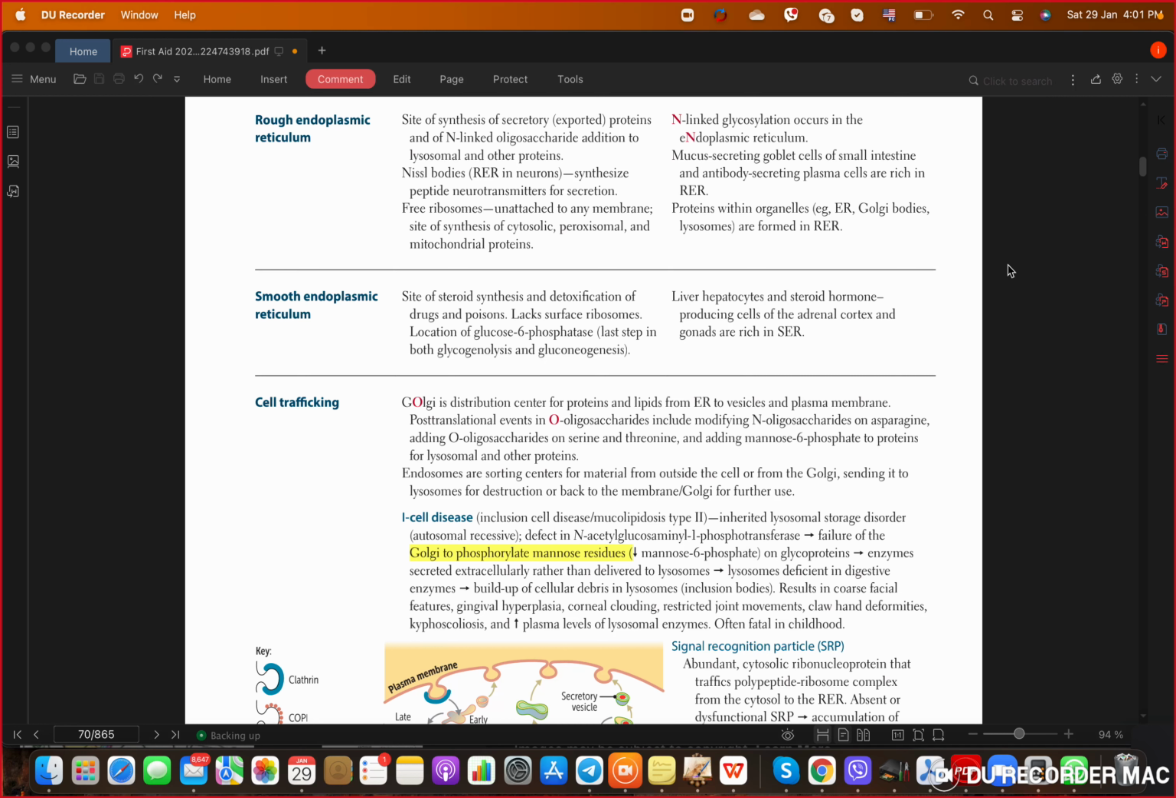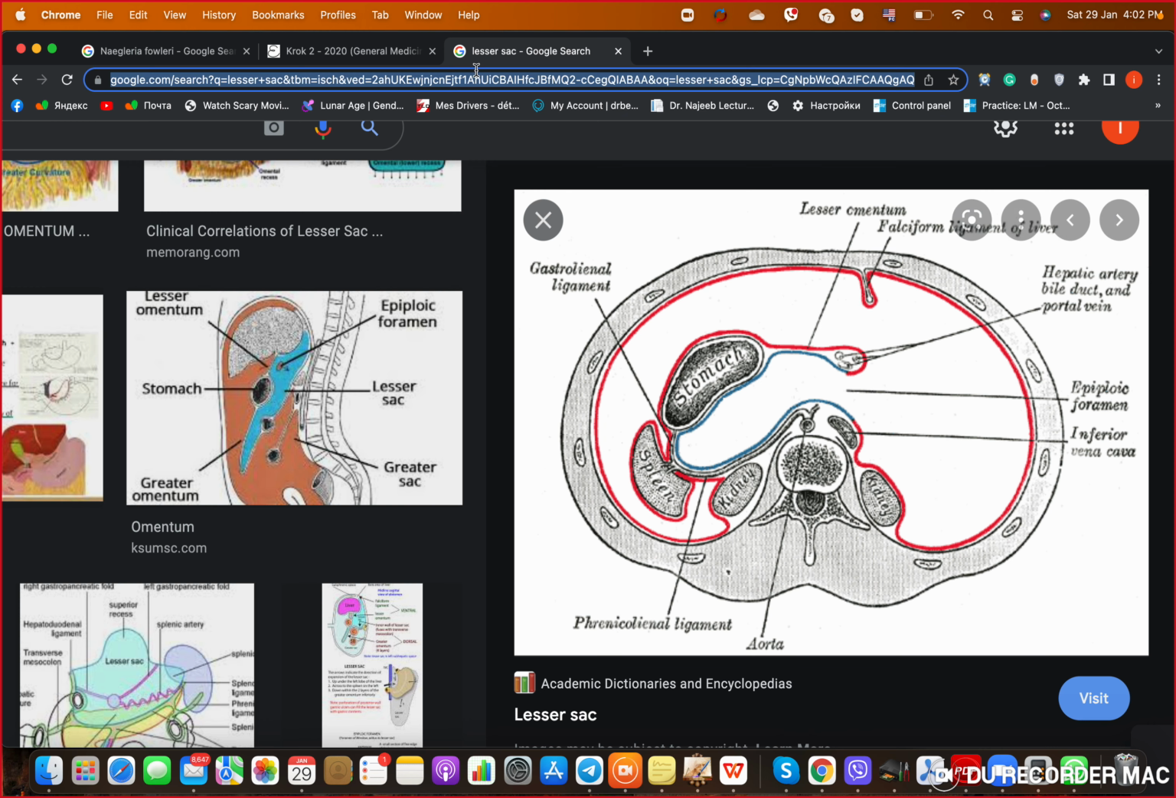Reticulum, it's rough, so it makes protein. And the cells that make more protein tend to have much more rough endoplasmic reticulum. For example, plasma cells, yeah? When we take a look at a plasma cell,